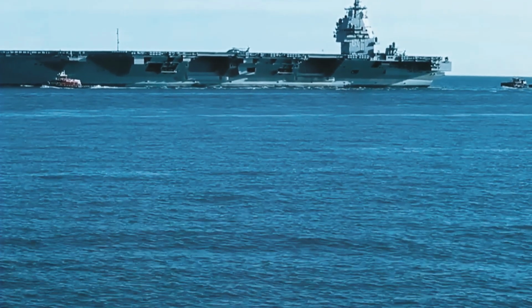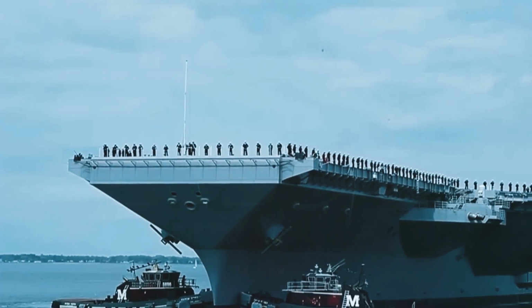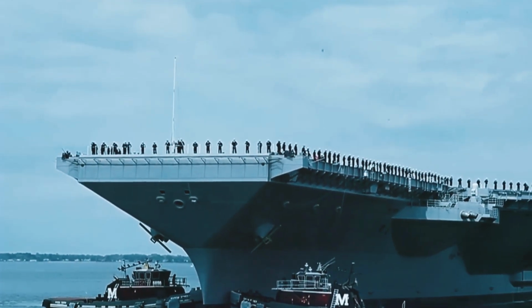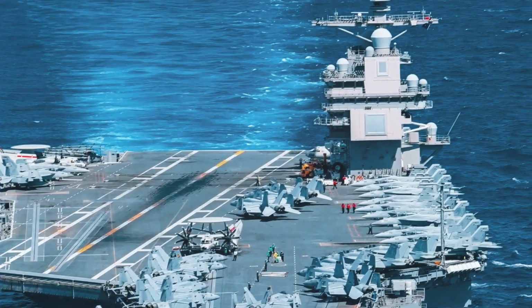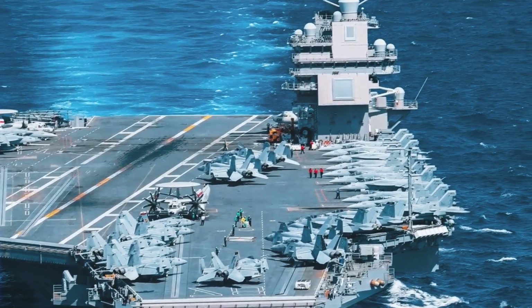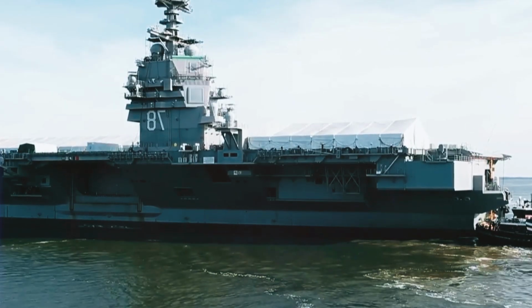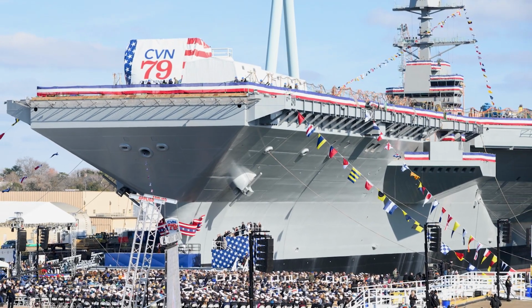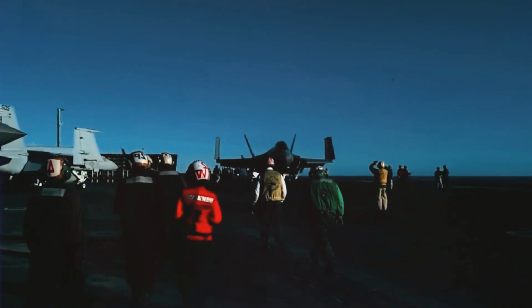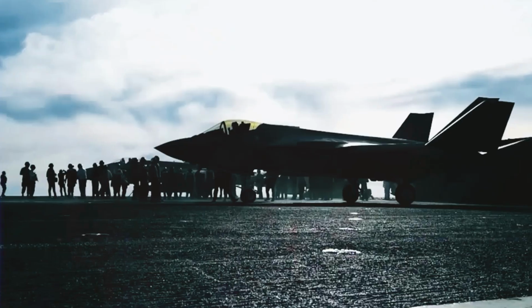Revolutionary electromagnetic systems. One of the most fascinating aspects of the Ford class, to which the Kennedy belongs, is its revolutionary aircraft launch system. Instead of the old steam catapults, this carrier uses an advanced electromagnetic catapult called EMALS, Electromagnetic Aircraft Launch System. EMALS represents a true revolution in naval engineering, providing smoother and more controlled launches for jets, reducing aircraft wear and extending their lifespan. Additionally, the system can launch aircraft of various weights, from lightweight drones to the heaviest fighters, with